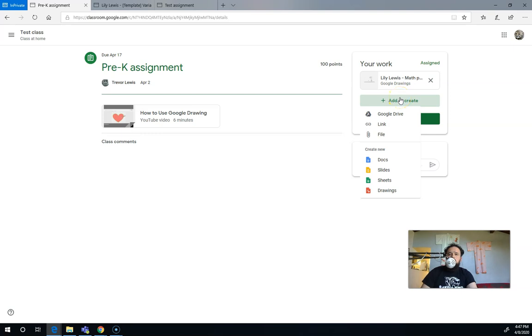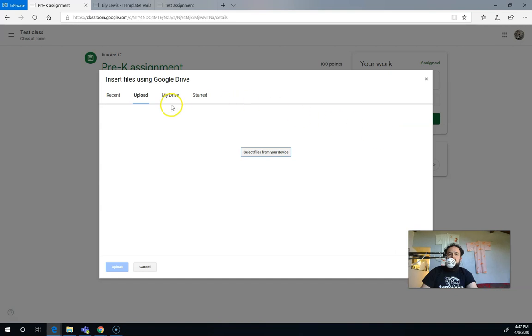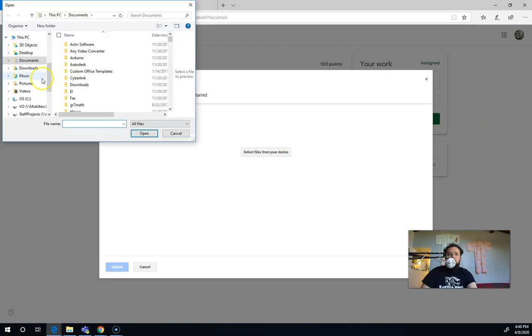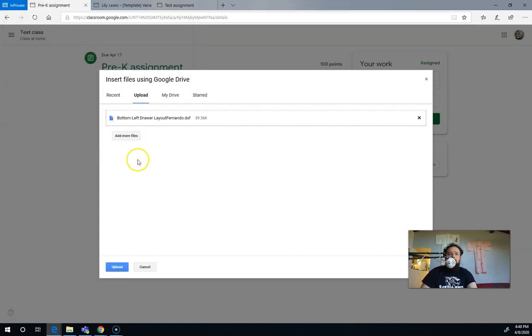So if you have it saved to your computer, you're going to add a file, and you're going to choose to upload the file, and you're going to choose right here where it says select from device. So I might have some different types of files. Maybe they're in my downloads folder or something like that. And you can see that there's a whole bunch of files in here. I'm going to pick one of these, and I'm going to open it, and it shows up here,